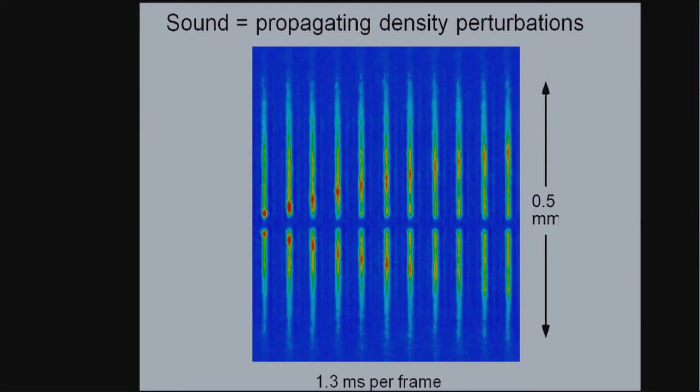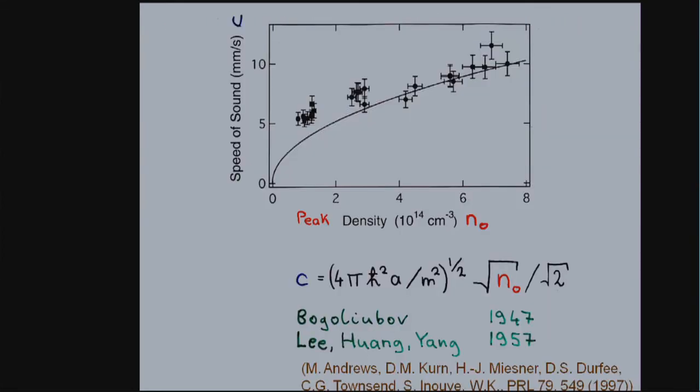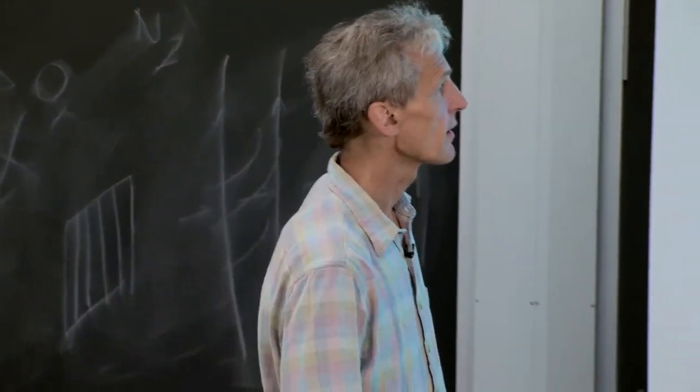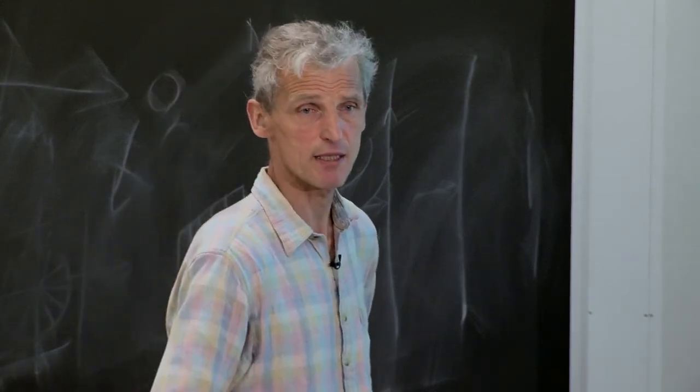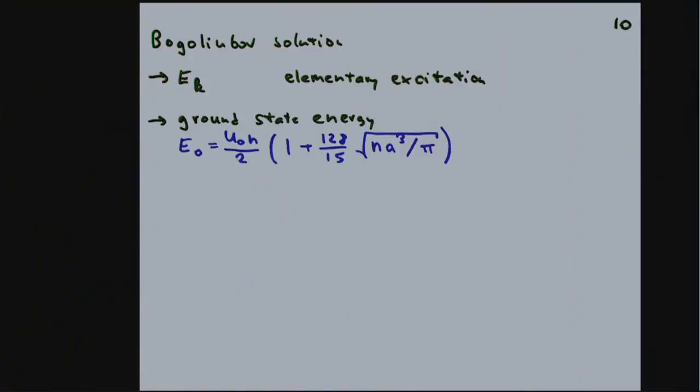That was just when Bose-Einstein condensates were very fresh. One of the first scientific experiments done, we switch on the laser and you see color-coded in red the density perturbation which propagates outward. And the slope of this line is the speed of sound, and here we determined the speed of sound as a function of density. So that's how phonons, or at least how the speed of sound and wave packets which propagate with the speed of sound, can be prepared. I come back to phonons and collective excitations in a few moments.